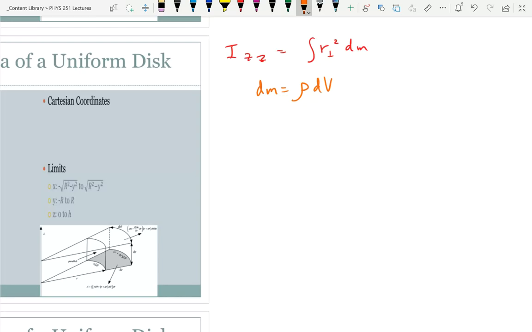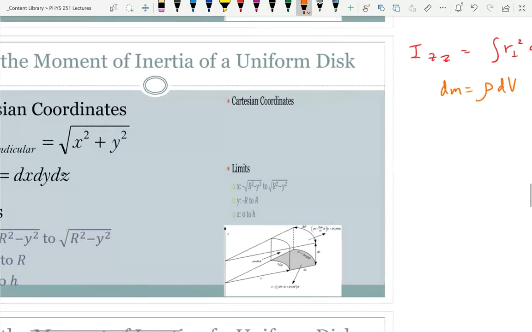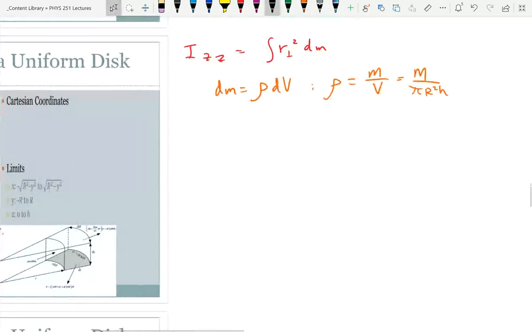So dm is equal to rho dV, where rho is the mass over volume, which would be, what's the equation for the volume of a cylinder? It's basically the equation for a circle times height. Right. The area of a circle, which is pi r squared, times the height. So that's what the density is. And then we already had the r perpendicular written right there. So now I can